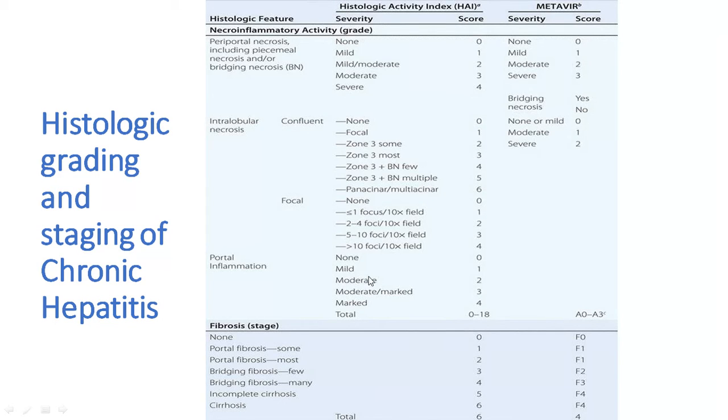Okay, so in that there are again variants, that is mild, moderate, severe, and then the other stage is fibrosis. This was the necroinflammatory stage, and this is the fibrosis stage. So fibrosis could be portal, it could be bridging, and the last stage is cirrhosis.